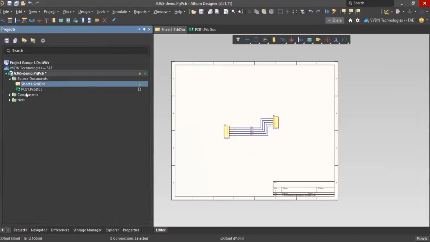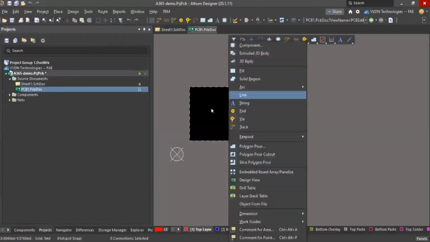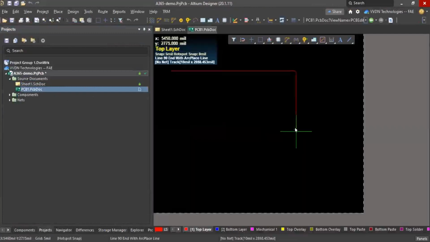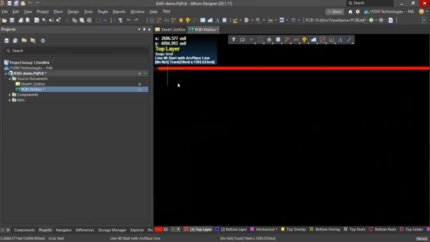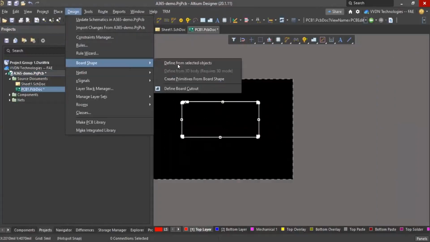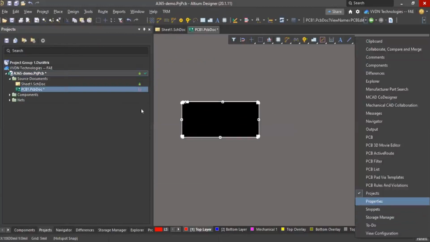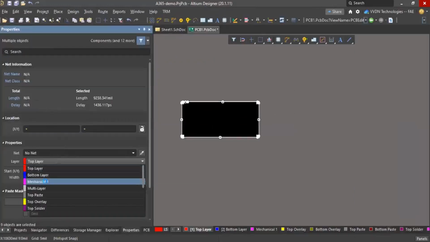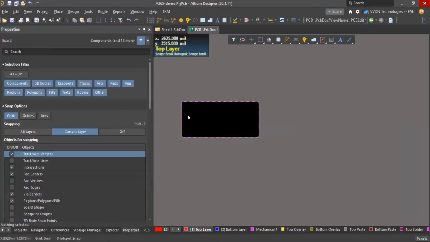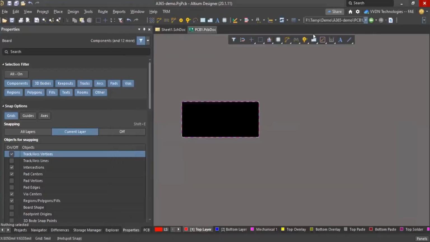So if we go to the project, again we can create a PCB. Just two connectors, so I'm just making one small. I have just saved it.